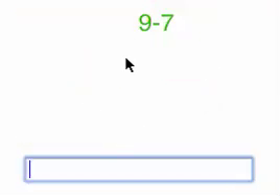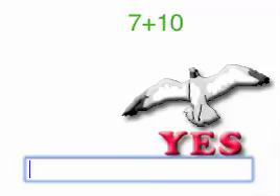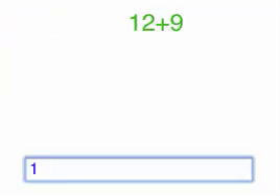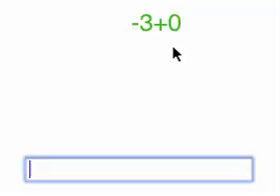Okay, 9 take away 7. The larger is positive, so the difference between 9 and 7 is 2. Okay, of course that is just 9 take away 7, sorry, which is 2. 7 plus 10, 17. 1 and 4 is 5. 12 and 9 is 23, 21. Negative 3 and 0. Okay, now here,